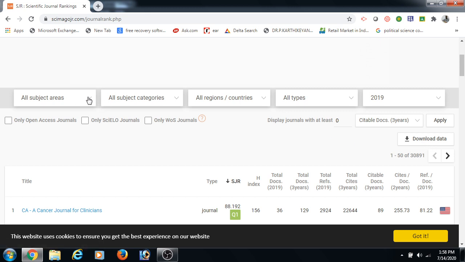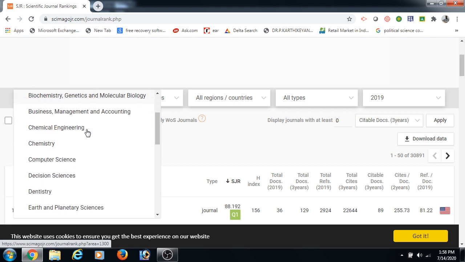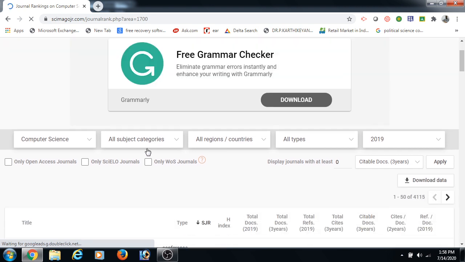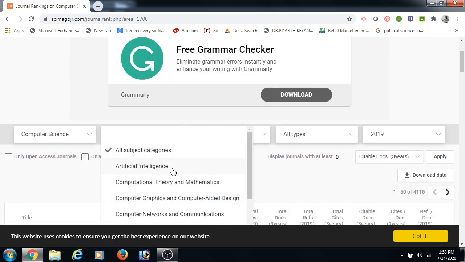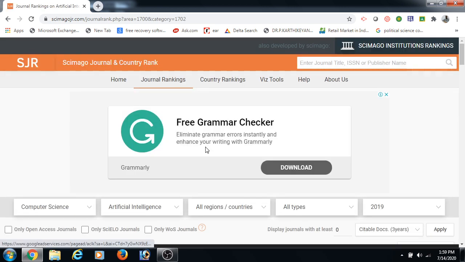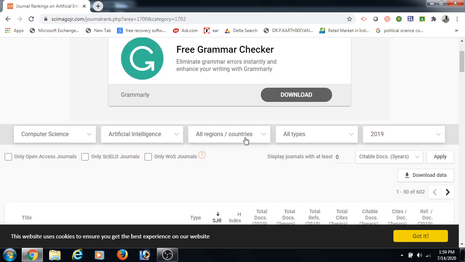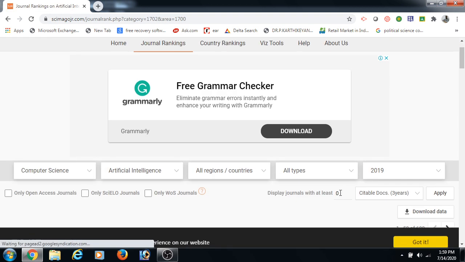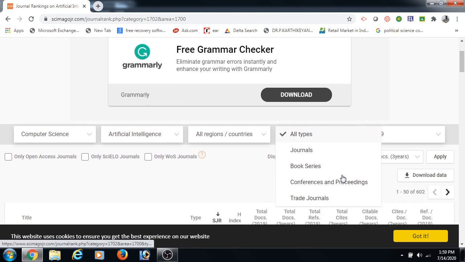Suppose I am interested in computer science, and within computer science, artificial intelligence. Throughout the world, in all regions, and all types of journals. If you are interested in only book series, journals, conference proceedings, or trade journals, you can search accordingly. Now I am searching all types.